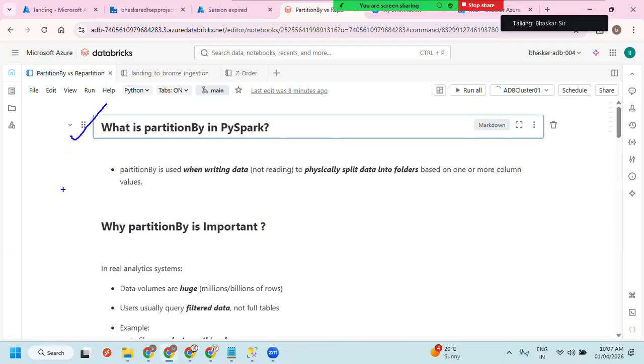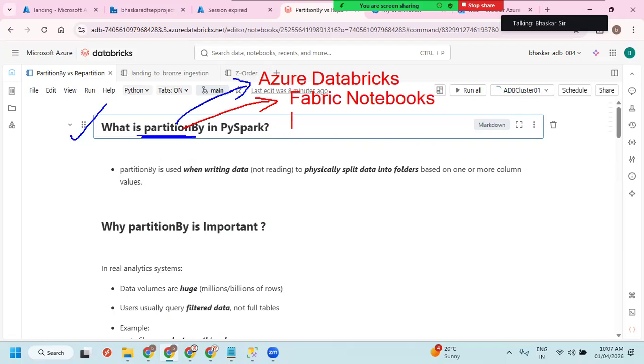Let me talk about what partition by means. Partition by is there in Spark. Since it is in Spark, you can see it in Azure Databricks, in Fabric notebooks, and in Synapse notebooks.